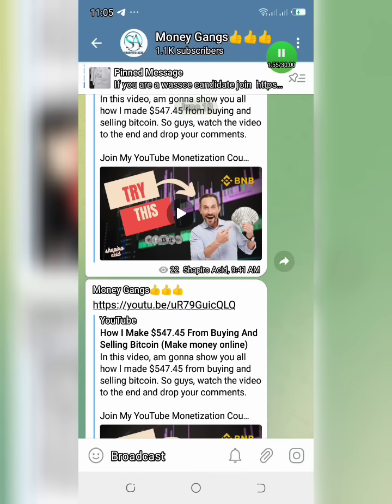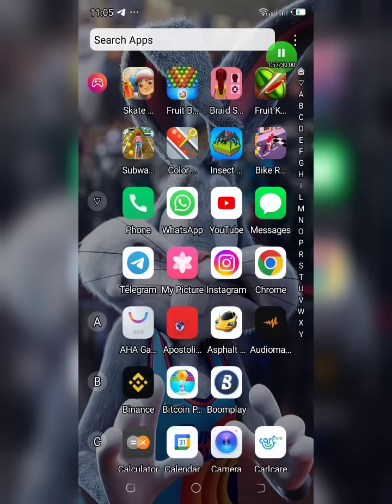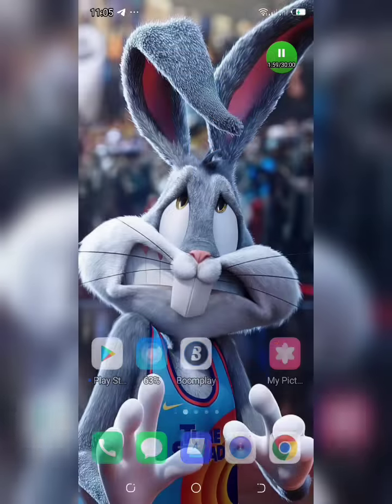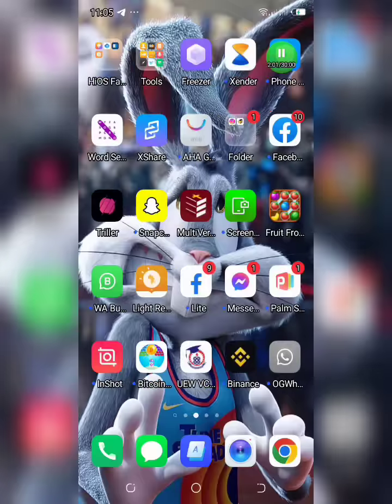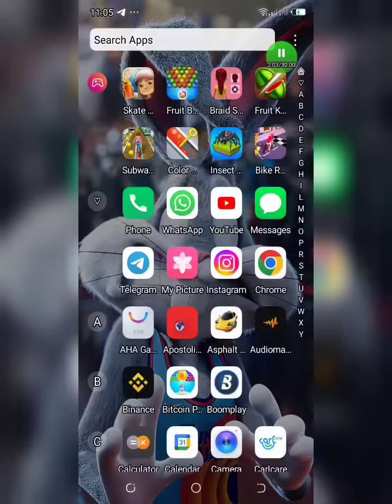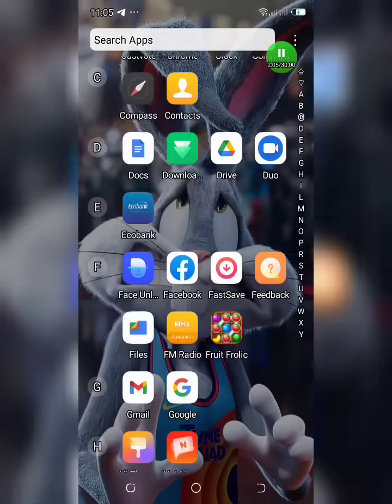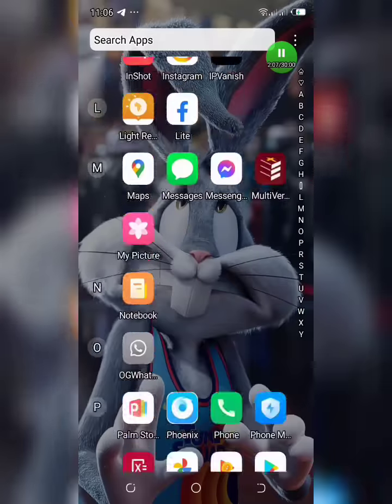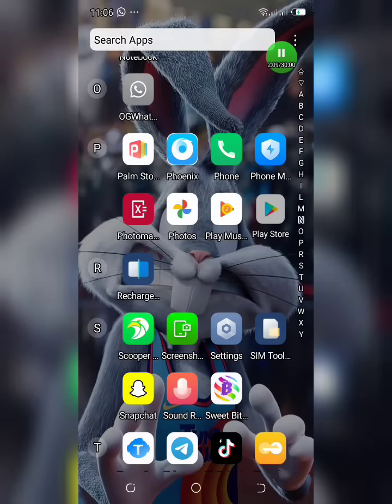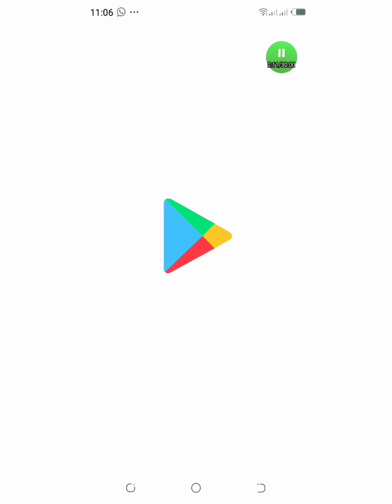So with that much said, let's go to the reason why we are here. If this is your first time on Trust Wallet, all you need to do is go to your menu, then go to Play Store. Those who are using iPhone can go to the Apple Store. Let me click on the Play Store real quick. Those of you who use iPhone can go to the Apple Store and follow us.